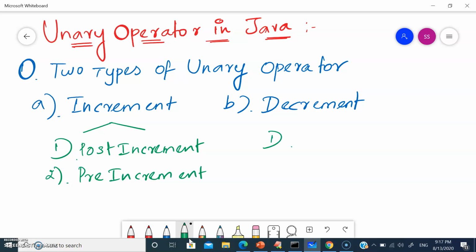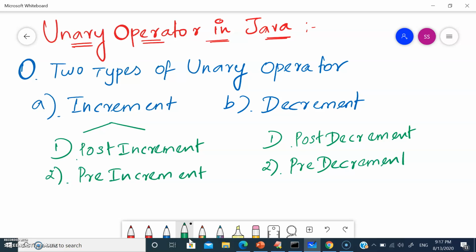Similarly, for the decrement operator, we have the post-decrement operator, and the second one is the pre-decrement operator. So let's see first what is the increment operator, and then we will discuss the decrement operator.